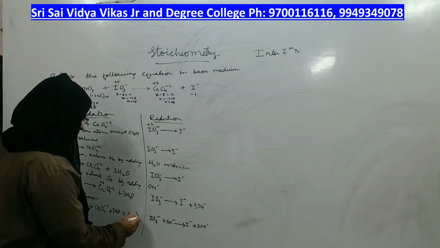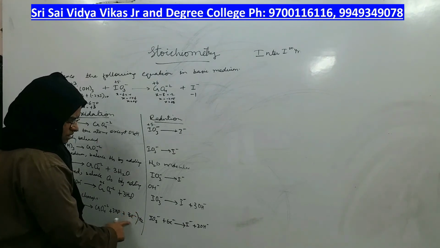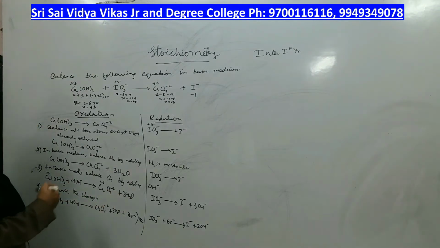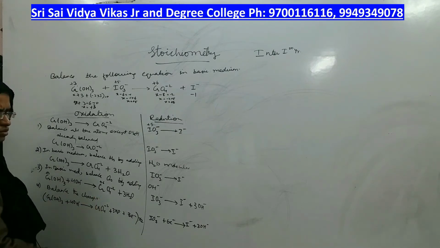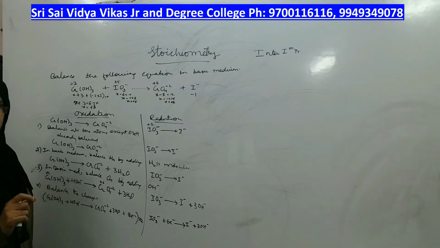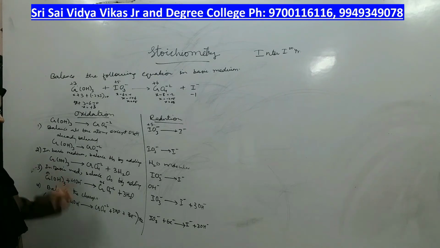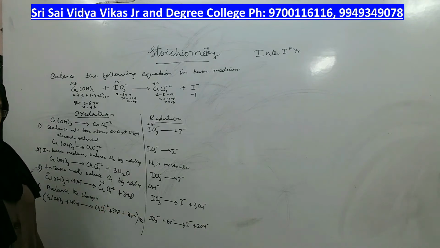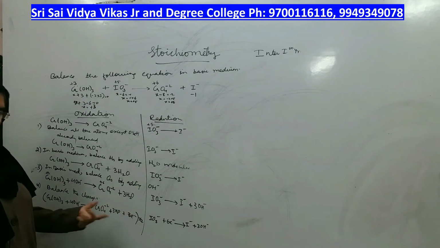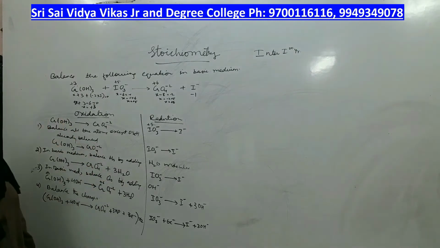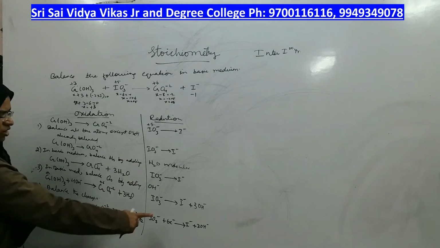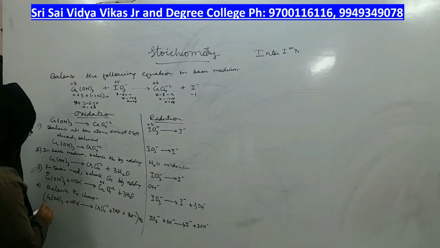If you multiply this side only with 2, this side becomes 6 electrons, this side also becomes 6 electrons. No need to do anything to the other side, right? So let us multiply this total reaction with 2 so that the number of electrons becomes same for both the sides, right? Our target here is to make the number of electrons same in both the half reactions. Our target now is not to make oxygen same or anything else, because they are already balanced. Now we are supposed to balance the number of electrons. How can it be balanced? If you multiply the total part with 2, electron becomes 6. On the other side also there are 6 electrons, right?